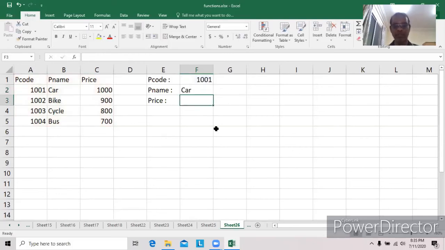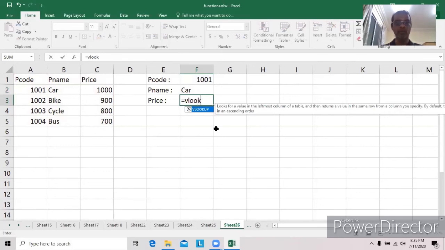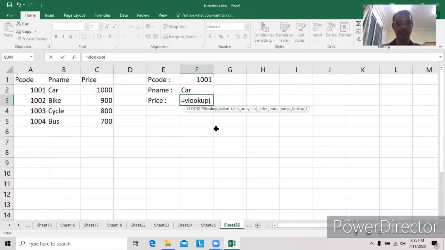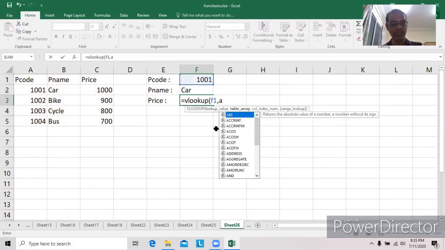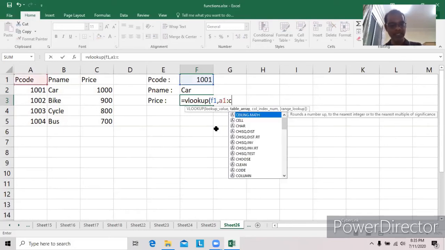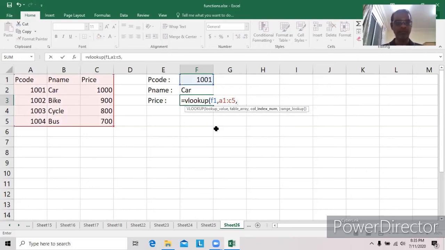Got it? Similarly, equal to VLOOKUP open bracket. Lookup value is F1, comma. Table starts from A1 colon C5, comma. That is for the third column. Now the exact match should be found. In this case, we search for 1001, that is F1, in the leftmost column of the table which starts from A1 to C5. 0 is for exact match.